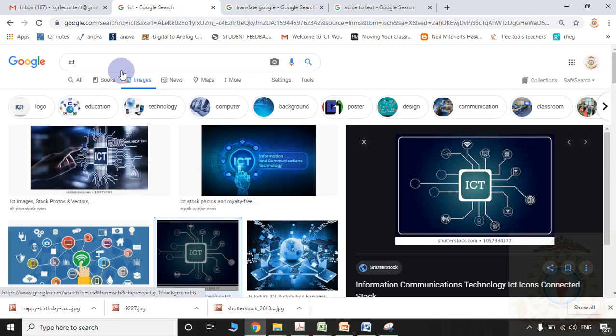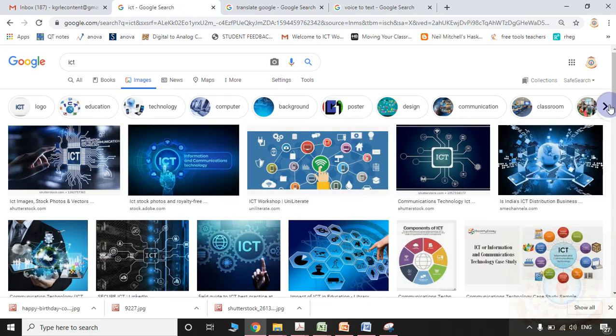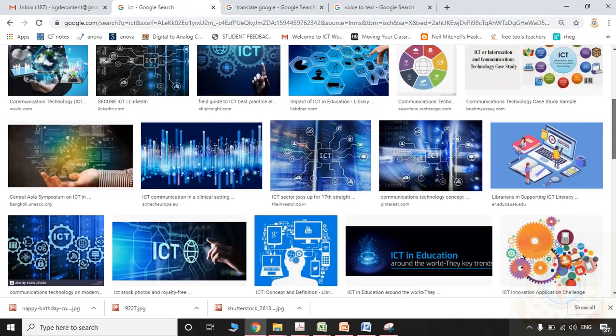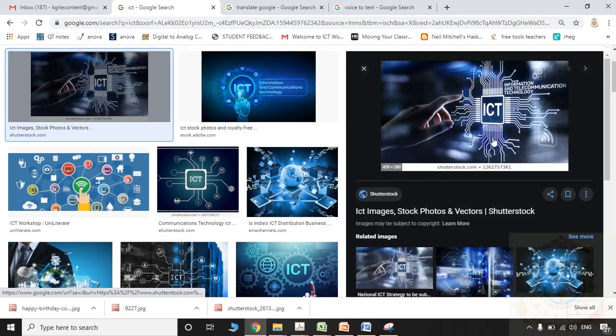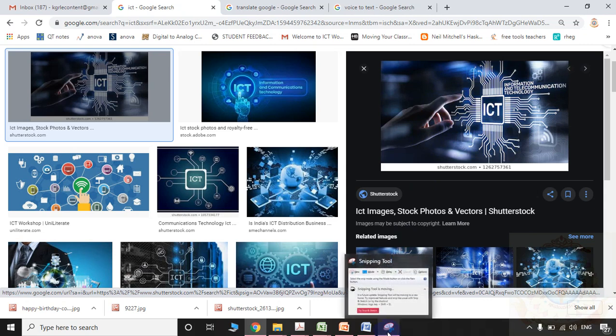If I am searching for ICT, then some images related to that term will come. So this image is very good with respect to my perception. Then by using the snipping tool, how to copy that image into the MS Word document, we will see now.